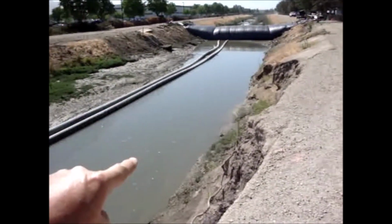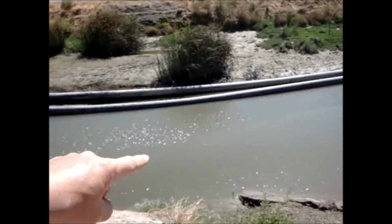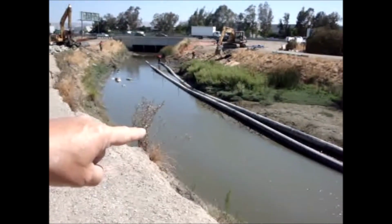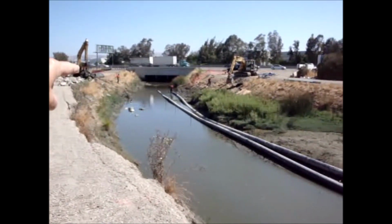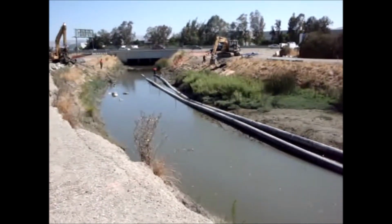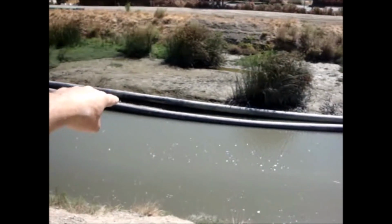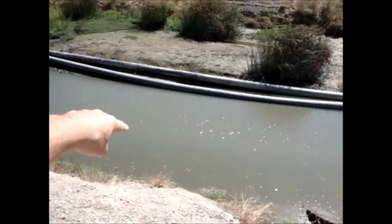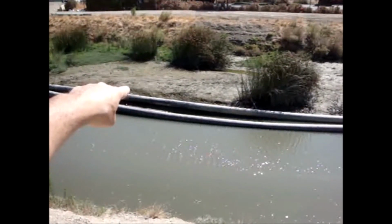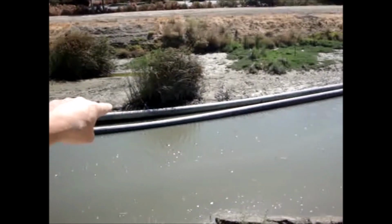You can see the water level is pulling up behind the AquaDam. We got a nice little lake here, plenty of water to use to pump, and now they're going to put in another dam across here. Of course, these black pipes, because it's up on this ridge right here, this water here has got to come up approximately 3 feet before it'll go through that second pipe,